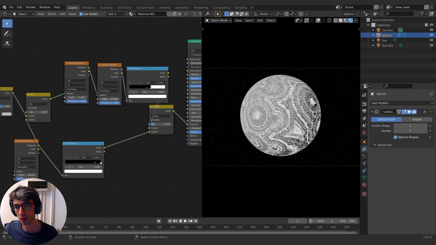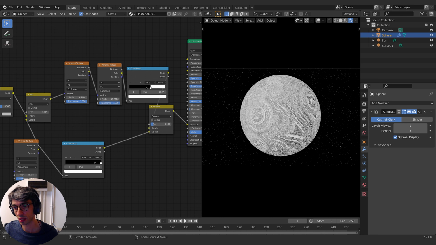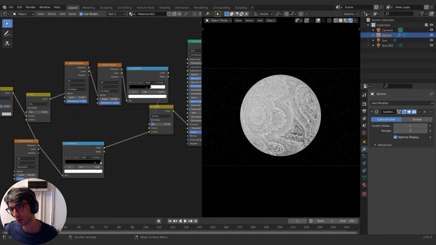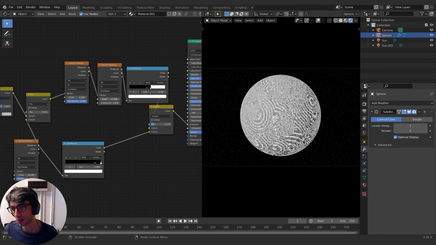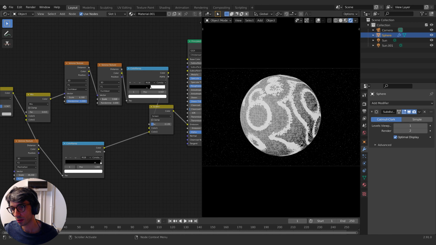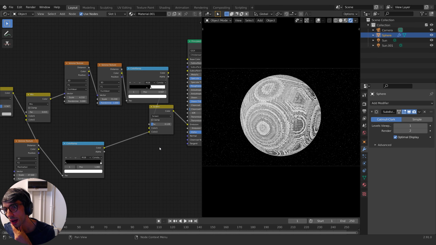And I'm also going to look at changing the scale of some of these to see what happens if it gets denser. And that's kind of cool. Turn the randomness down. What does that do for us? All right, so now let's think about how are we going to create lights and stuff on this thing, and how are we going to use this particular material. So I think one thing that'd be really cool would be to plug this into a bump and to see